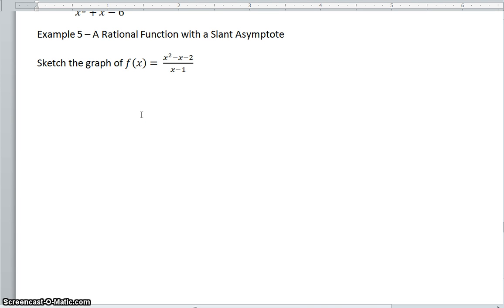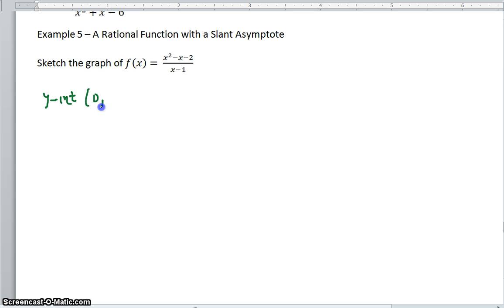So the last section I'm going to talk about has one little twist with it, and it's dealing with something new called a slant asymptote, but the first part of everything is completely the same. So to start with a graph, we're going to talk about first the y-intercept. If we're going to talk about the y-intercept,